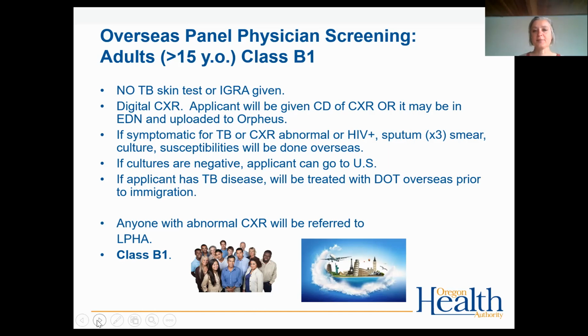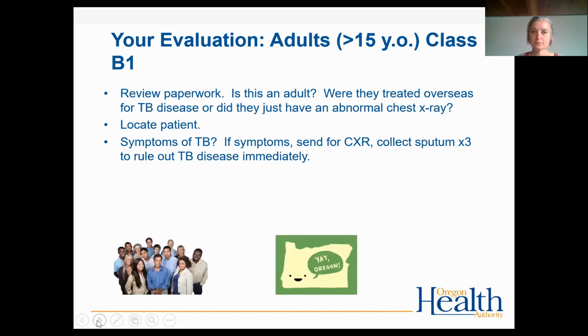Now, anybody with an abnormal chest X-ray is going to be referred to the LPHA through the EDN system, and this would be considered a Class B1. So this is what you do when you get a Class B1. You're going to first take a look at the paperwork carefully. One of your first questions you might ask yourself, is this an adult? And when you look at the paperwork, were they treated overseas for TB disease, or did they just have an abnormal chest X-ray? Sometimes people have had a past history of treatment due to this immigration screening, or they just have